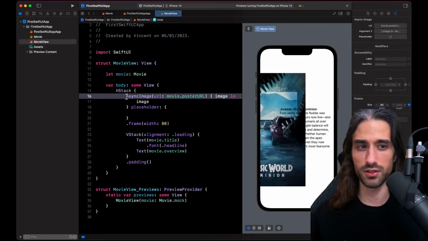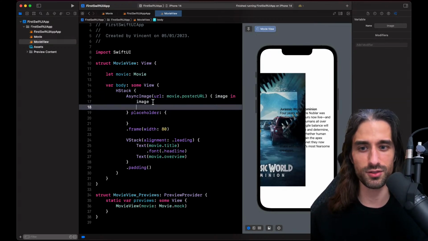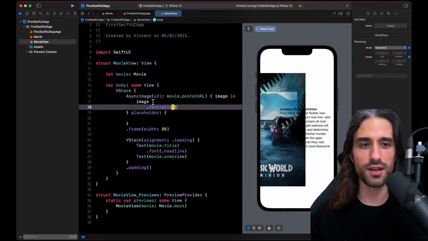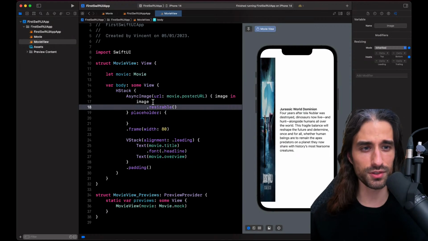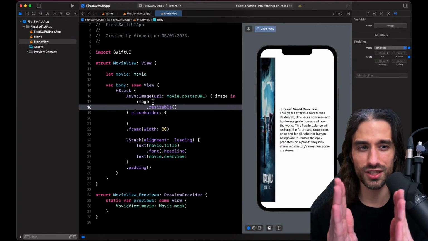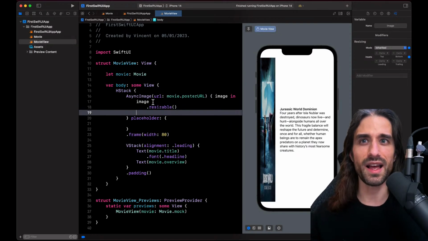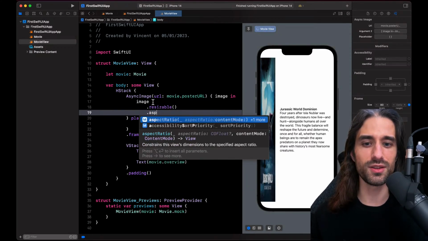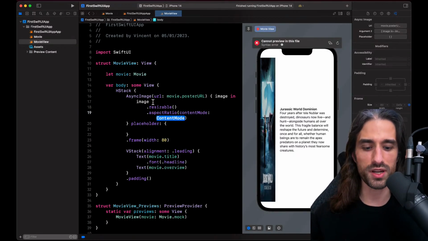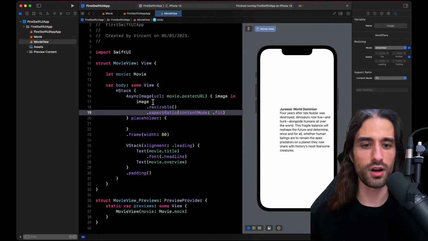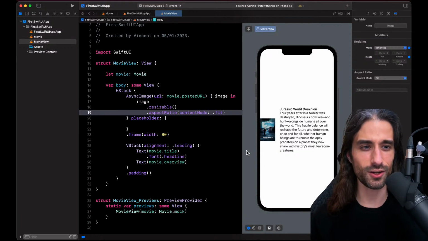So here the image is still saying, no, I have an image, I need to display it with 100% zoom, so I'm doing it. I need to tell the image it's okay to resize yourself, and you do it by calling the modifier resizable on it. Of course, here it's being resized by being squashed horizontally, but not vertically. So I also need to tell it, okay, you can resize, but you need to do it in a way that respects the aspect ratio. And you do that by calling a second modifier called aspect ratio, and you say you want an aspect ratio of fit. Okay, now we have something that looks a little bit more like a thumbnail.